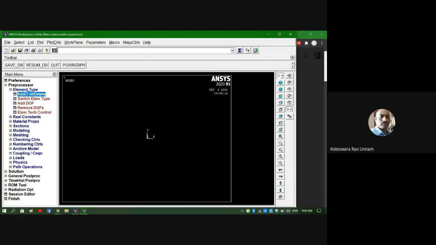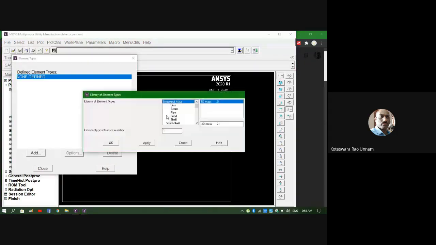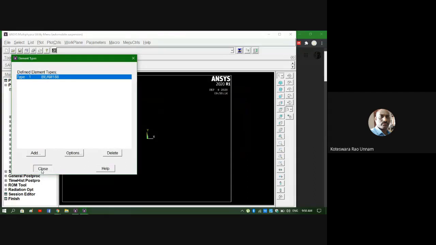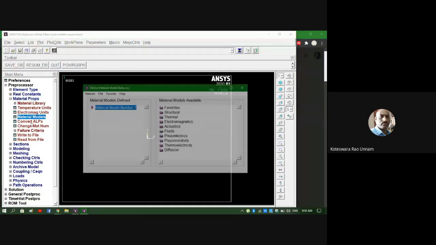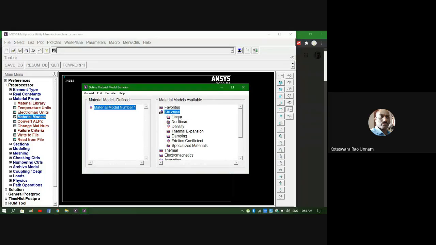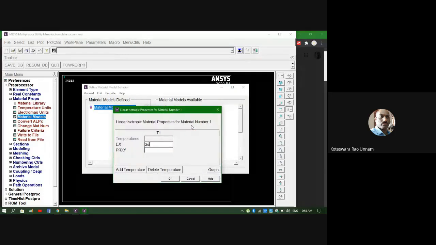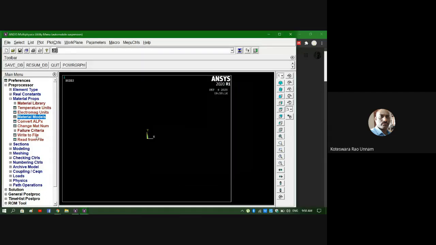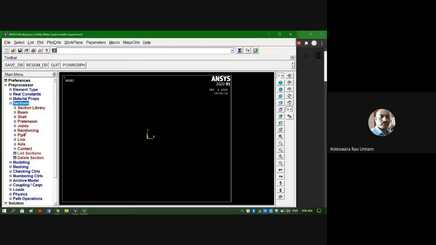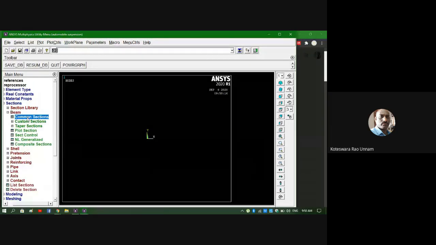So element type, we need to select the beam. Then material properties we need to define, material models. You need to give it as 2e6, then Poisson ratio as 0. Then I need to define the sections, go for beam section.